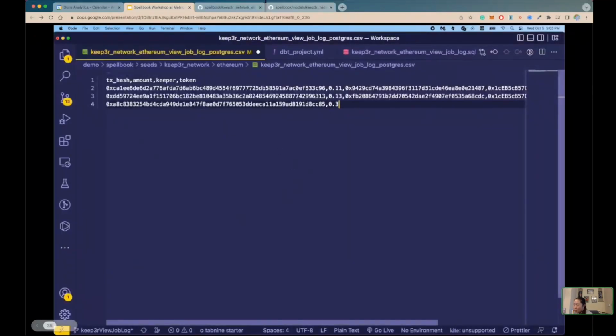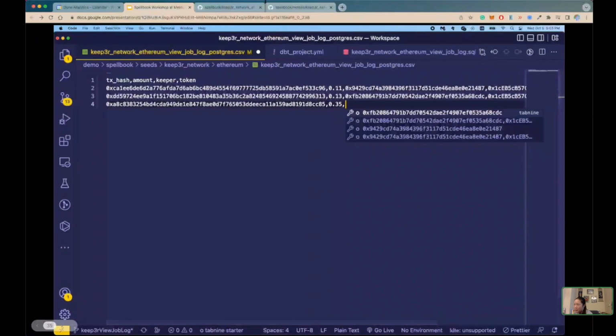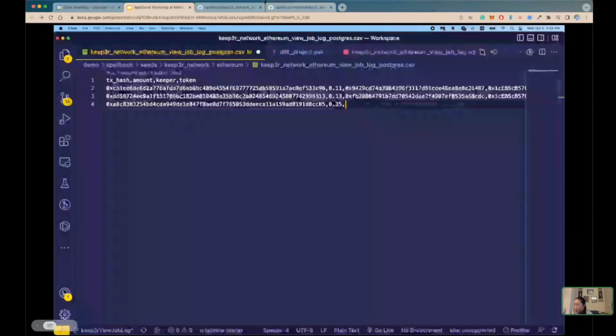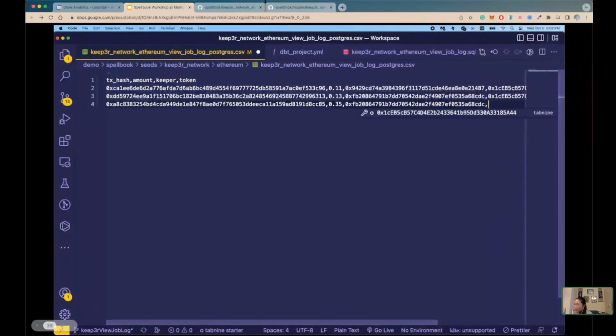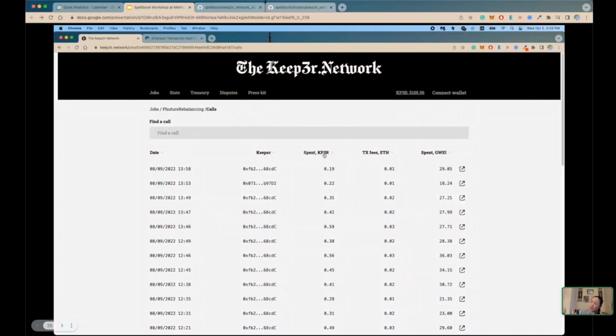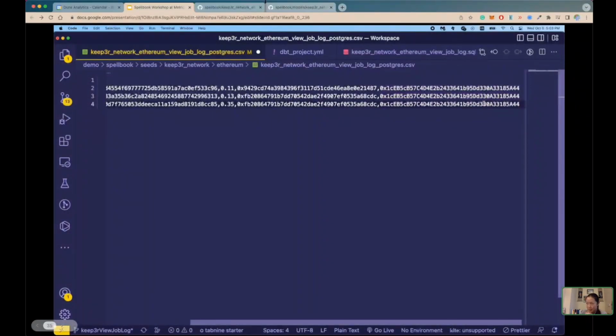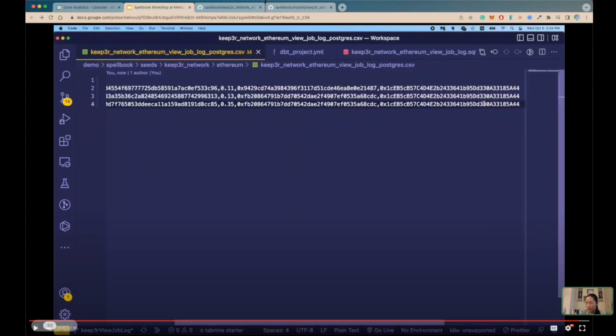And then we saw in the UI that it's 0.35 keeper token being awarded. And then we're going to copy the keeper's address, the from, and then here, just double-checking, yes, it's indeed the KP3R token. So we're just going to copy and paste that over. And that's pretty much how you can construct